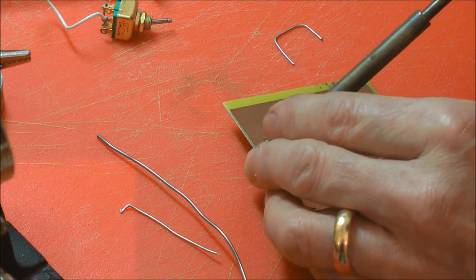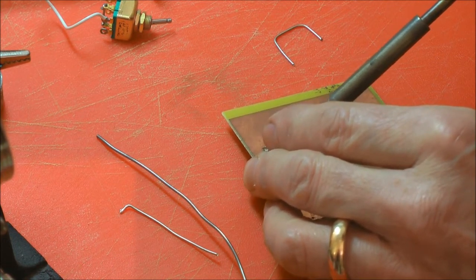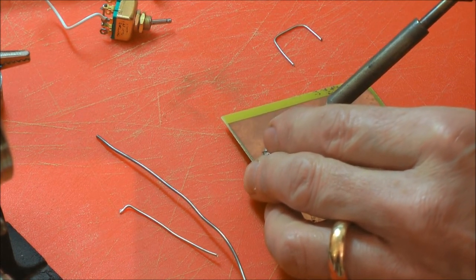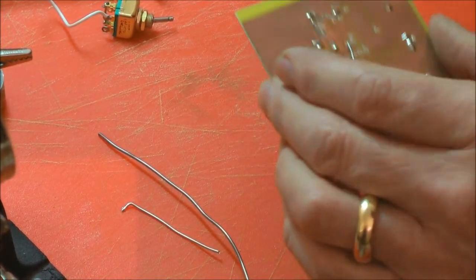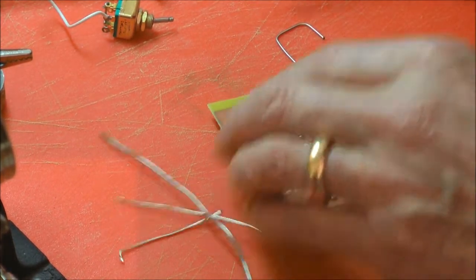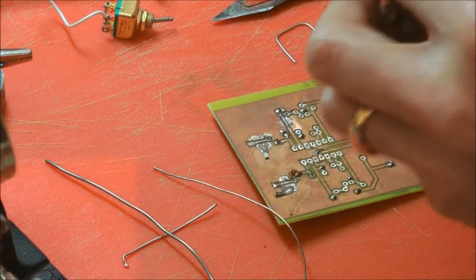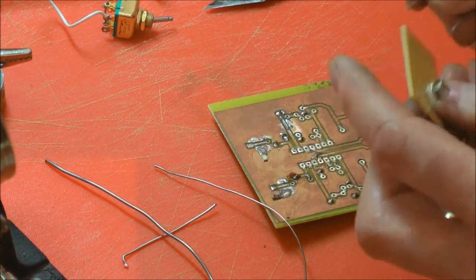That's typically not going to play ball. Moving on. That normally would just come away. You've got a quality piece of board there, haven't you? Yeah, when you're placing components,